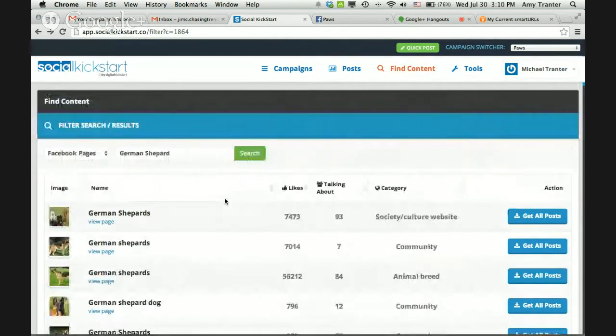And it just saves a lot of time. I know a lot of times I like a lot of pages. I create these lists and these groups and stuff just to kind of keep them somewhat organized, and just searching for these things, it just takes a lot of time. So another